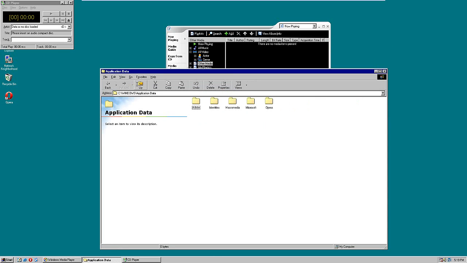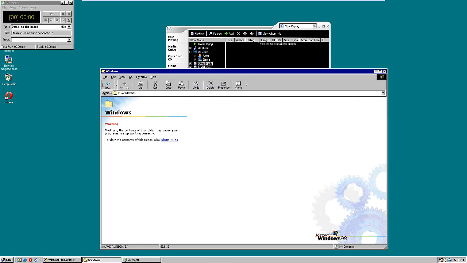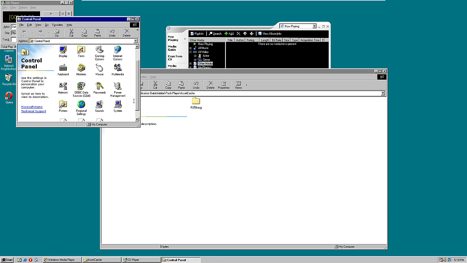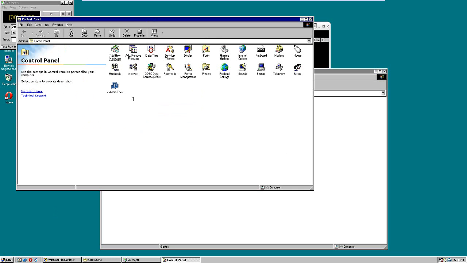What else do we have? We do not have Office on here. Do we have Flash? We do have Flash. Let's take a look at the control panel. And we might be able to do this. A certain version of Flash. Flash does show up here sometimes. Flash doesn't want to show up. So what I'm going to do